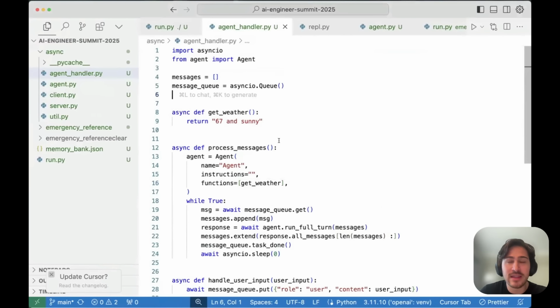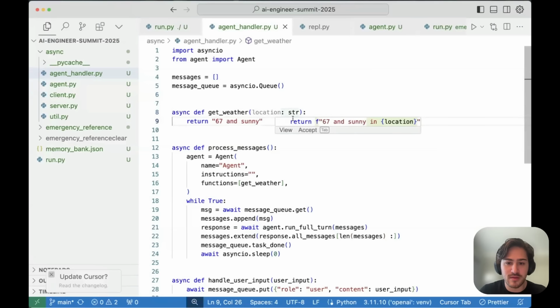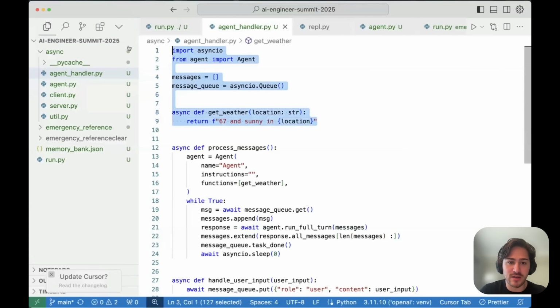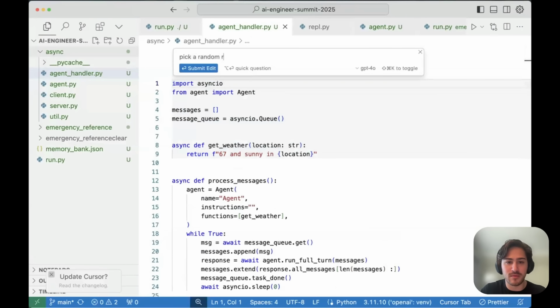So let's say we want to call this function 3 times for different places. So we have location. And let's say, pick a random number from 50 to 80 to return.